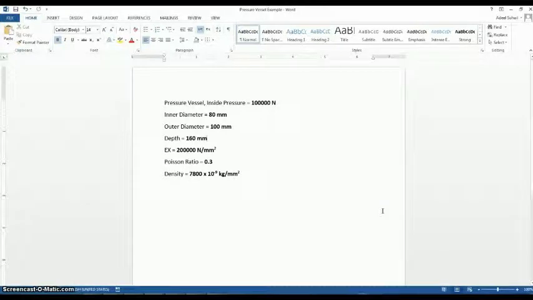Hello, dear students. Today we will start a new example about the pressure vessel. Its inner diameter is 80 millimeter, outer diameter is 100 millimeter with depth of 160 millimeter, or height also we can consider it. The Young's modulus